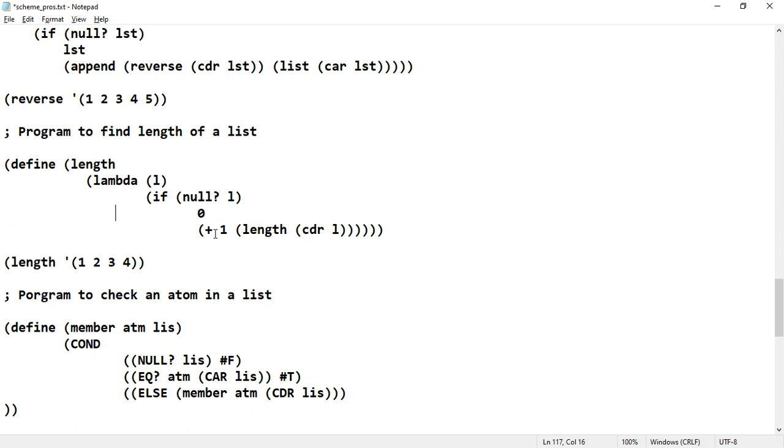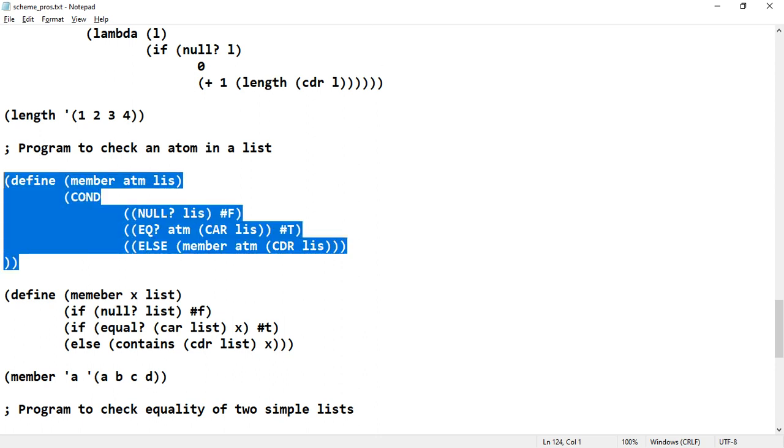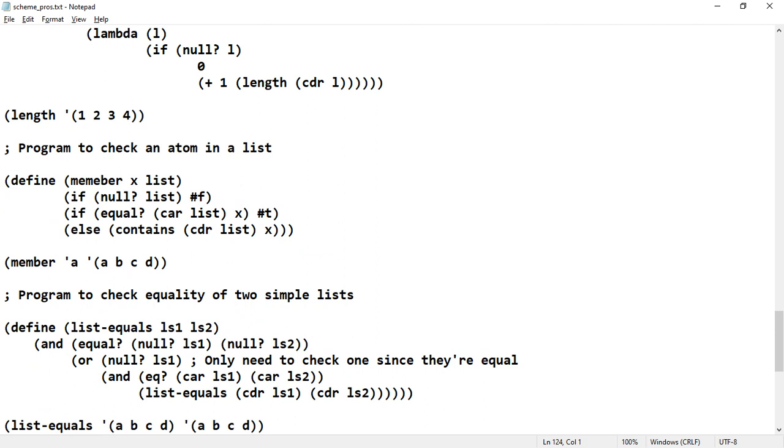Next is a program to check for an atom in a list. That means whether the given element is present in the list or not. So define member x list.